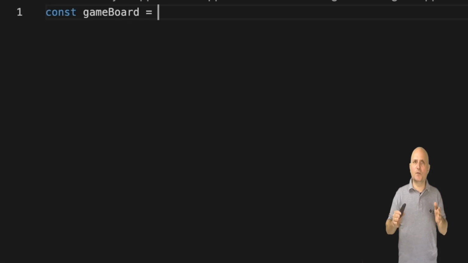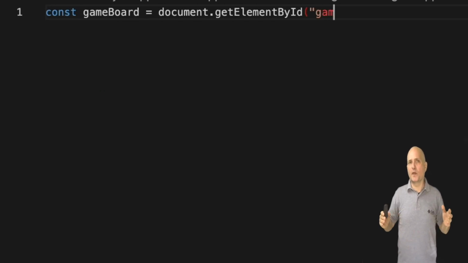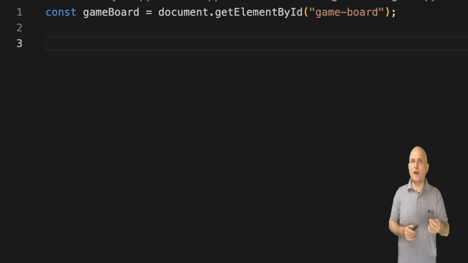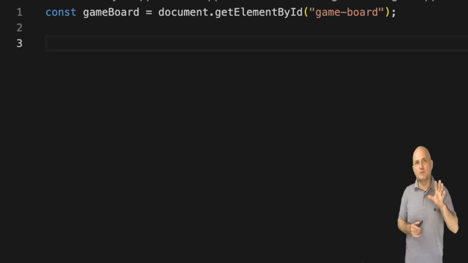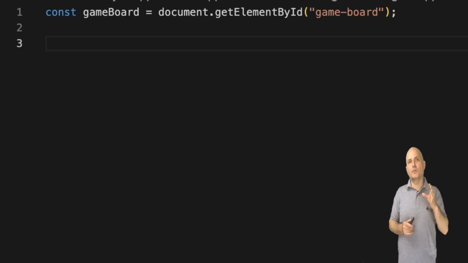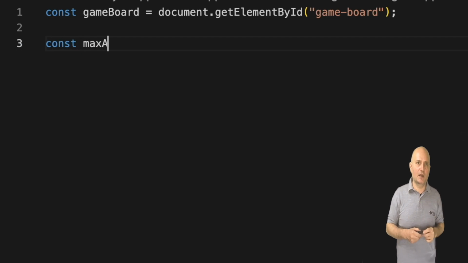The first line defines a variable for the game board, which we find by its ID. We did this before, but I want to point out something I left unsaid before. Notice there's no class. We define the variable just like that. This is a global variable. It's something that doesn't exist in Java, for better and for worse. In JavaScript, we can just write a variable anywhere and it will be initialized when the browser reaches that line.